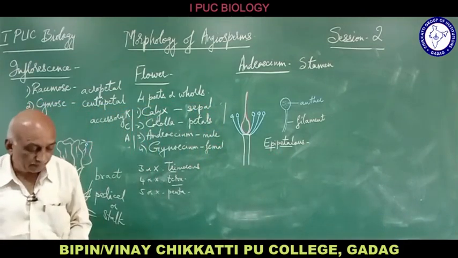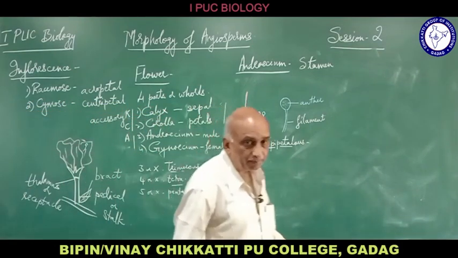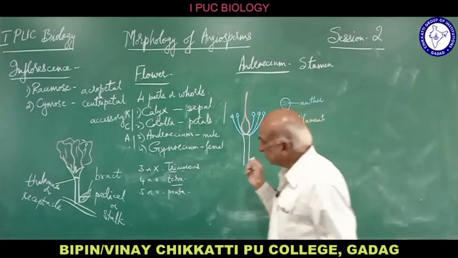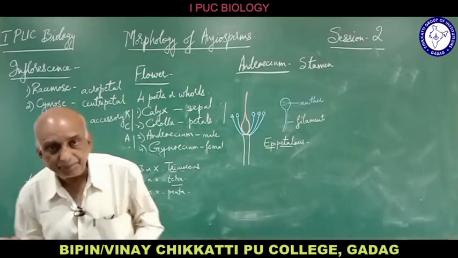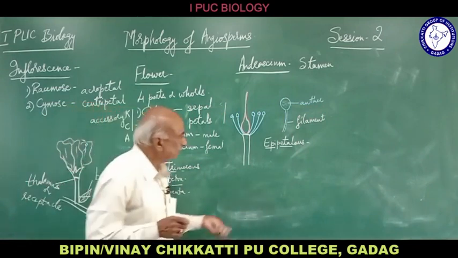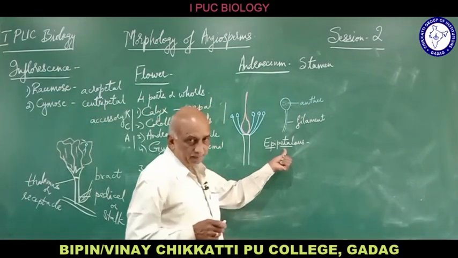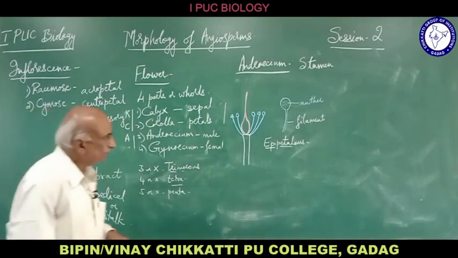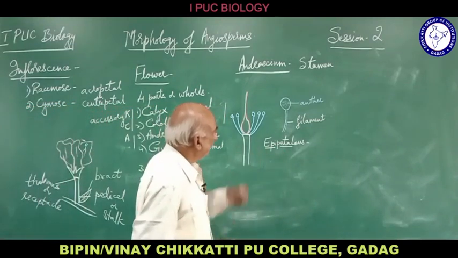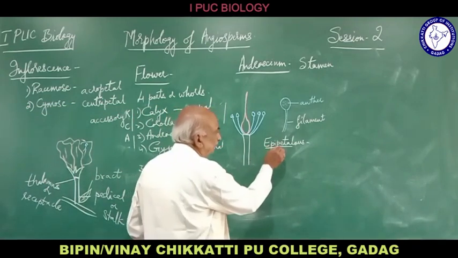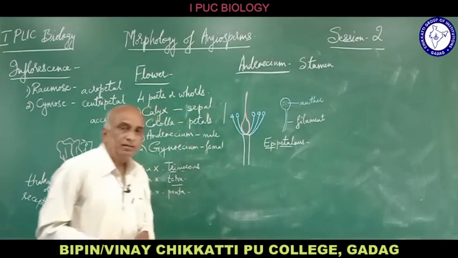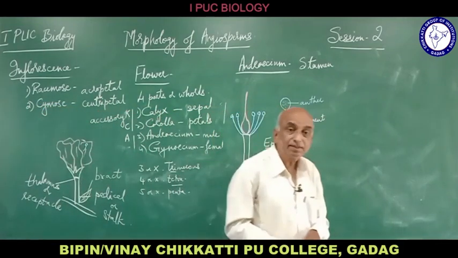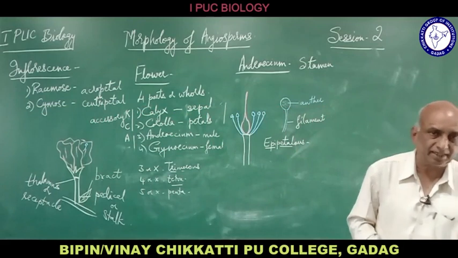Again, in the case of the tomato flower and Vinca rosea, which is called periwinkle, in such flowers we can see epipetalous stamens, that is, the stamens are borne on the petals. The petals bear the stamens. That is what epipetalous means. And the arrangement of the stamens on the sepals is never present, never existing.